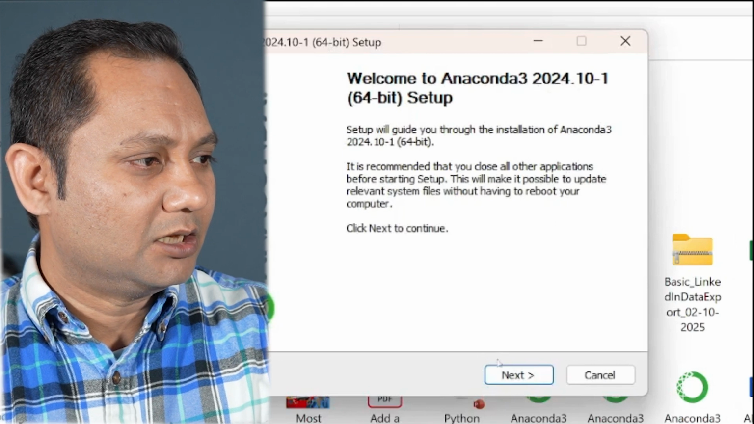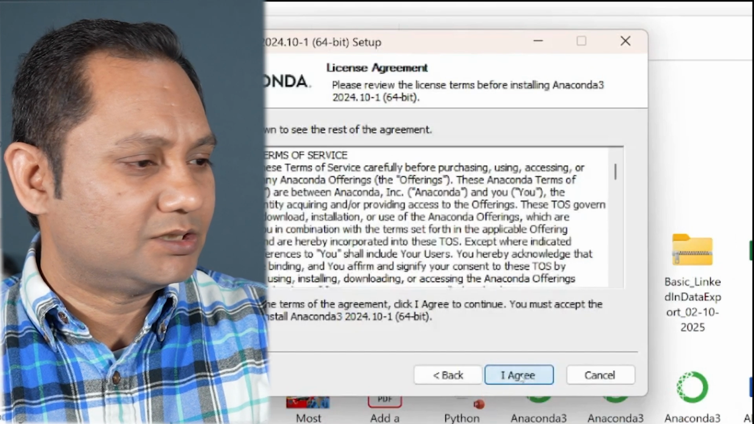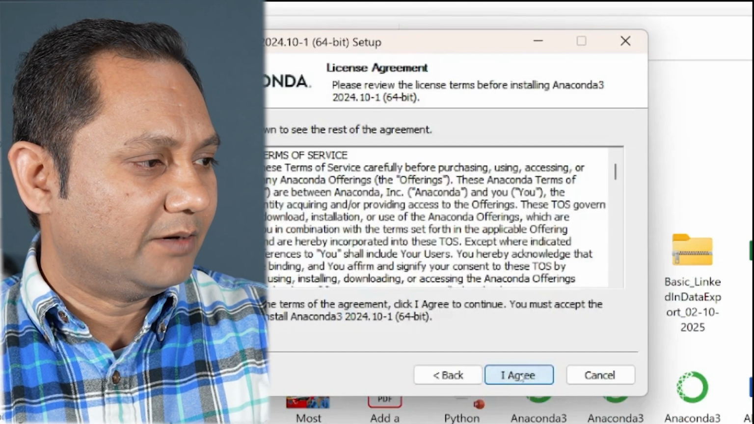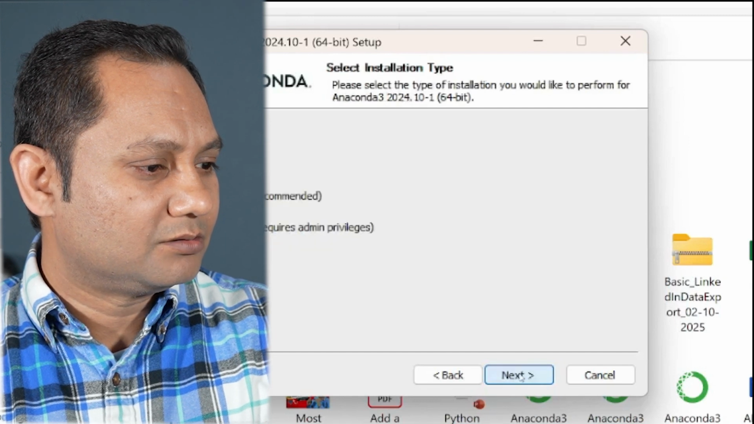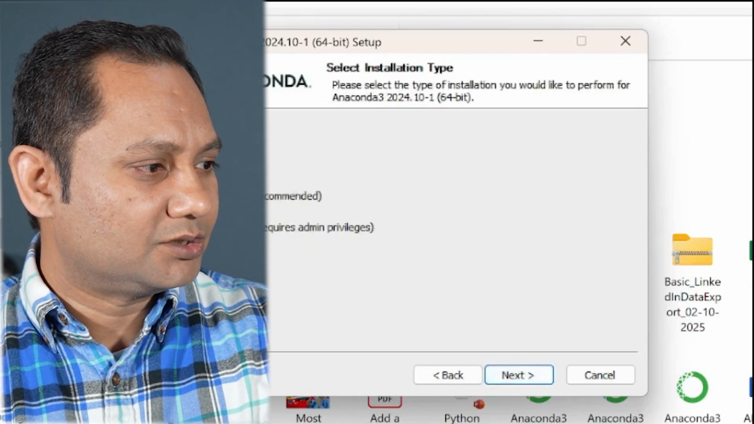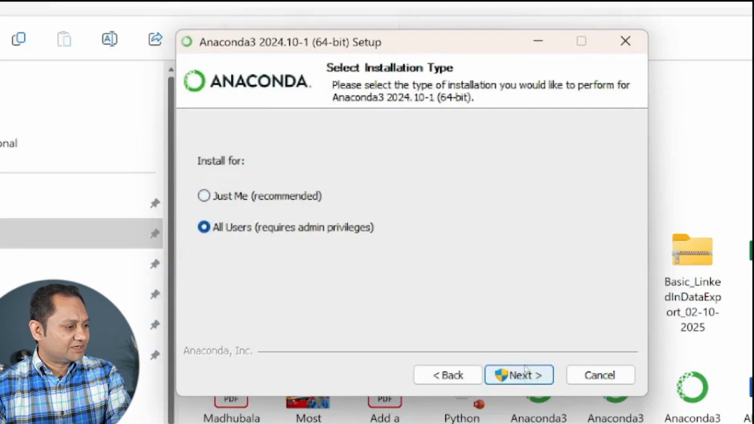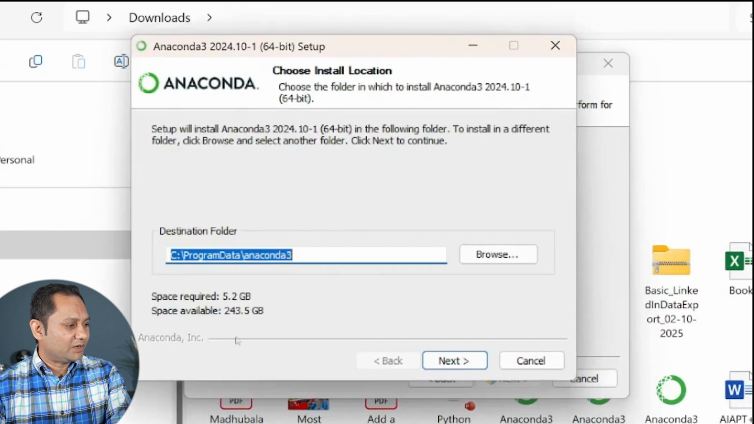Okay. It will ask you to agree to the conditions. I agree. It will be all users. I'll do all users, and it's asking me a destination. See, this is why I said